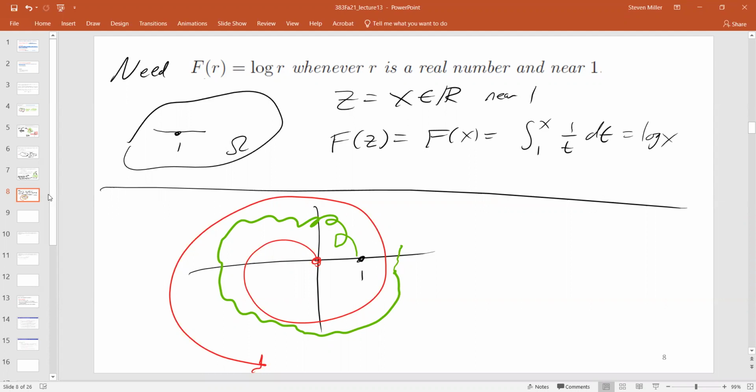Because you'll have a discontinuity if you start moving around. Well, we're never supposed to cross the branch cut. So points that are close to each other should have very similar behavior, so long as we can get to them within the open set. So we're never allowed to cross any of these boundaries.